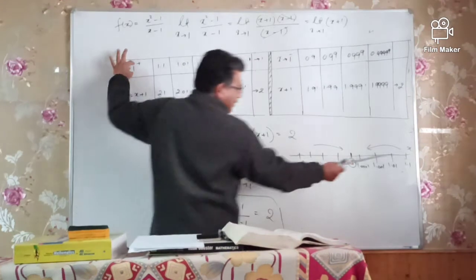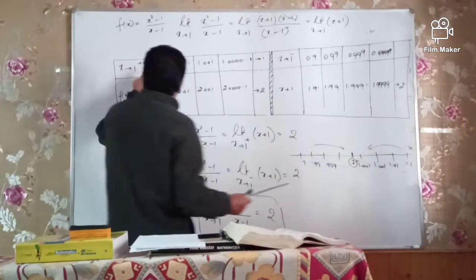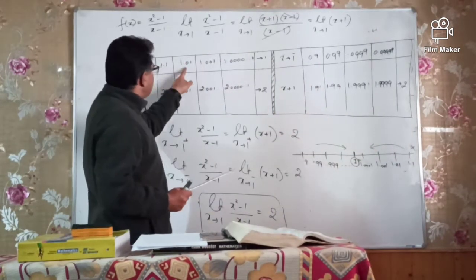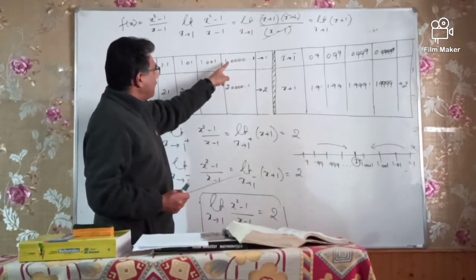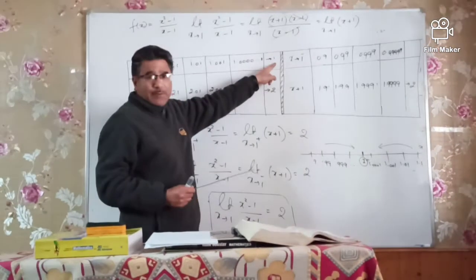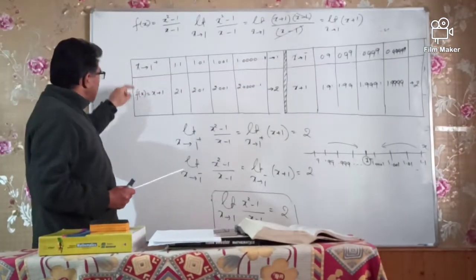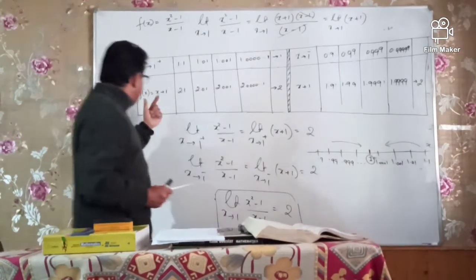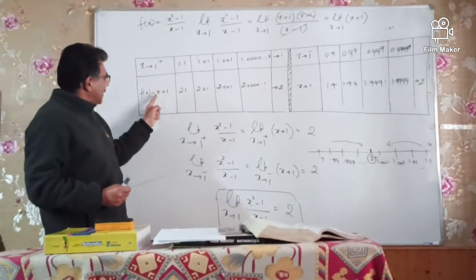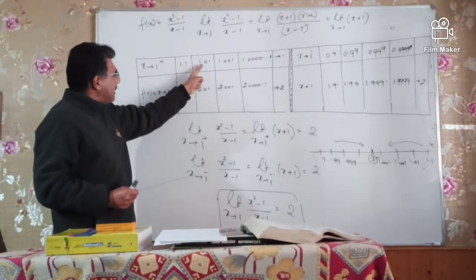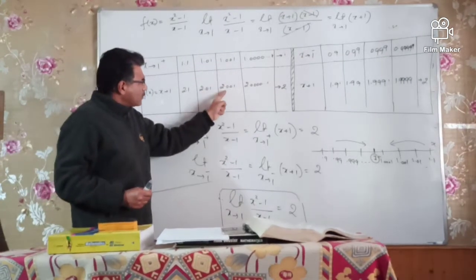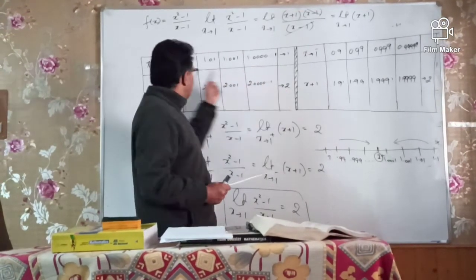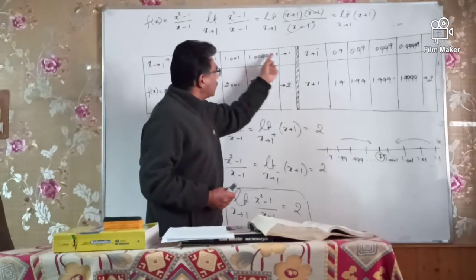नाउ हैव अ लुक, अगर हम 1 पॉजिटिव लेंगे, यानी मैं इस रास्ते से आ रहा हूं, तो मुझे पहले कौन मिलेगा, सपोज 1.1, फिर मुझे मिलेगा 1.01, फिर 1.001, फिर 1.00001, अल्टीमेटली मैं 1 पे पहुंचूंगा। लेकिन f(x) = (x² - 1)/(x - 1) का क्या हो जाएगा, जब मैंने इसको सिंप्लीफाई किया तो x + 1 हो जाएगा। जब मैं 1.1 लगाऊंगा, 1.1 + 1 = 2.1, और ऐसे ही आगे, यानी इट विल गो क्लोजर टू 2 एज दिस विल गो क्लोजर टू 1।